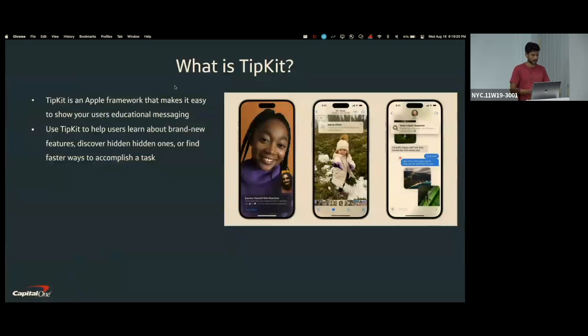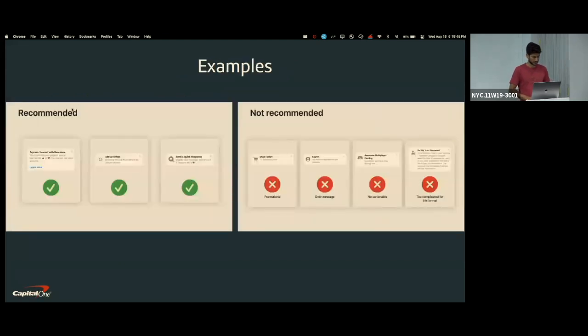So what is TipKit? It's a simple Apple framework that makes it easy to show your users educational messaging. That can be things like new features, maybe hidden features that users may not know about, or even more efficient ways to accomplish a task. Those are the kinds of examples where you'd want to use TipKit. Some more examples,